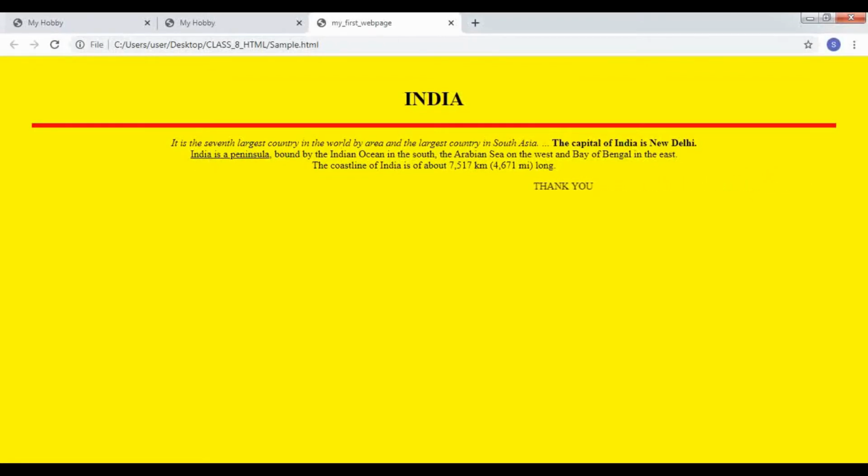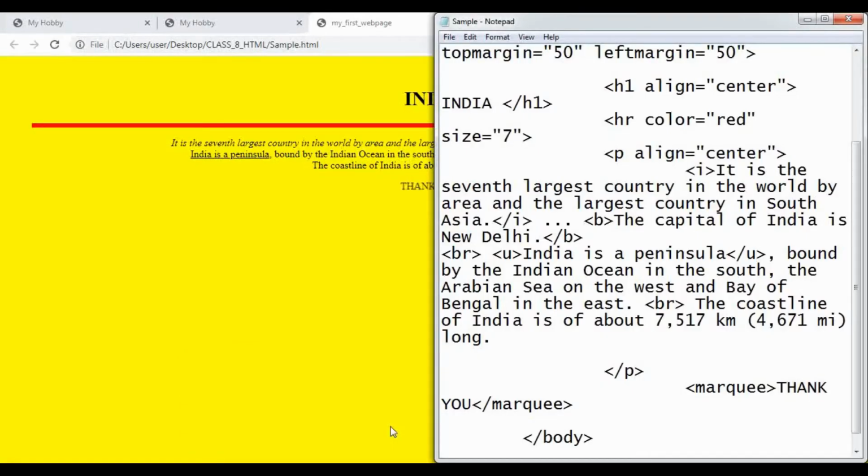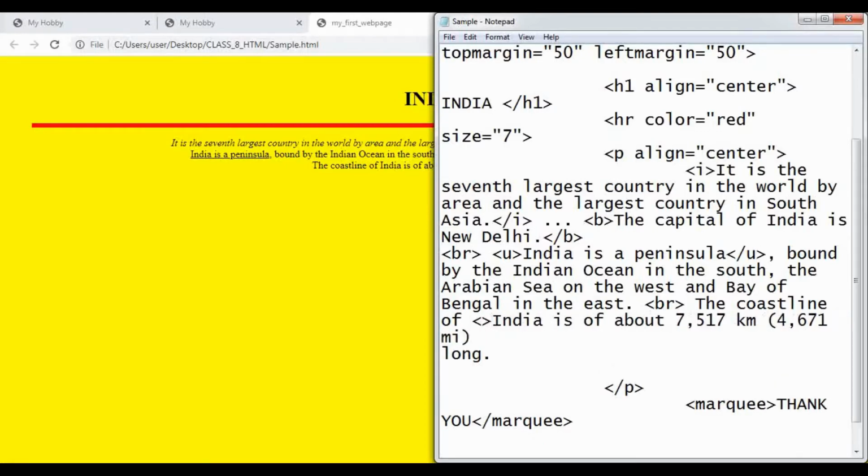Now you might get a doubt, can we use all the 3 tags together or can we use more than 2 tags together? Yes, you can do them. So now let us see how to do. India is of about 7,517 kilometers. Only this part I will make bold, and after bold I'll make it underlined. So first bold, then after bold tag underline. After bold I have written underline, so I have to close underline first and then bold. This is how it will appear.